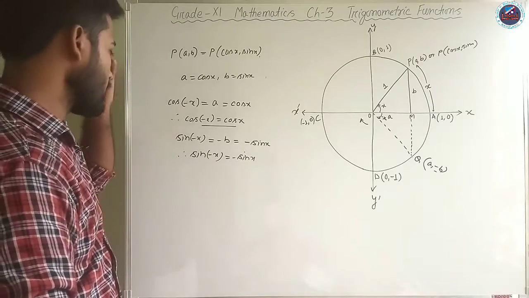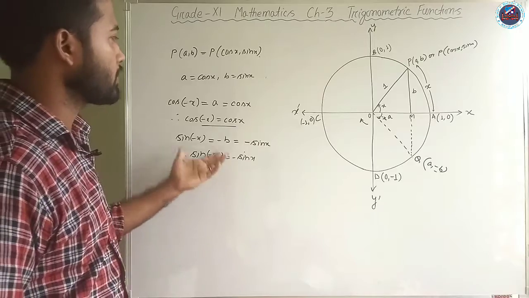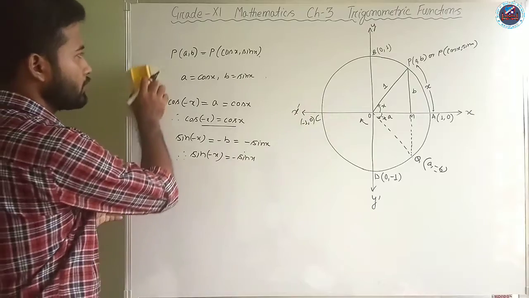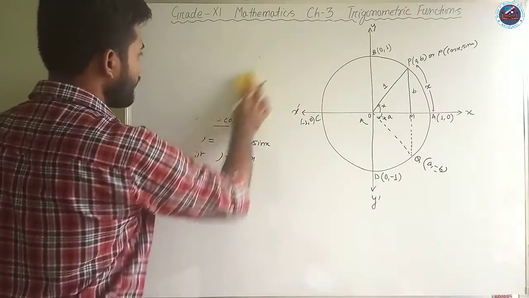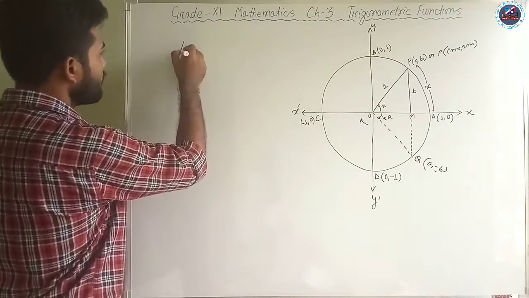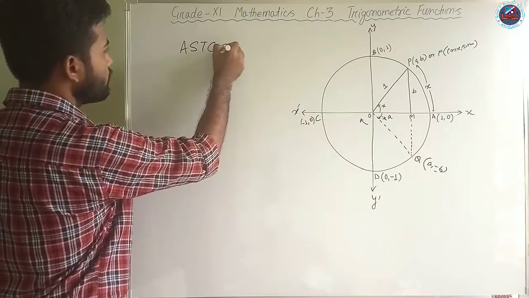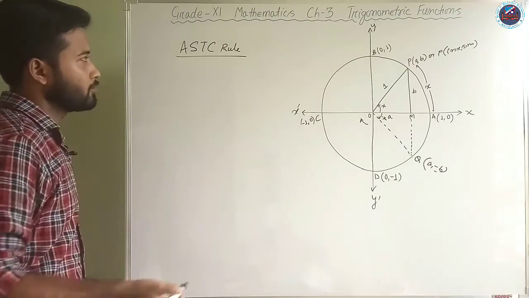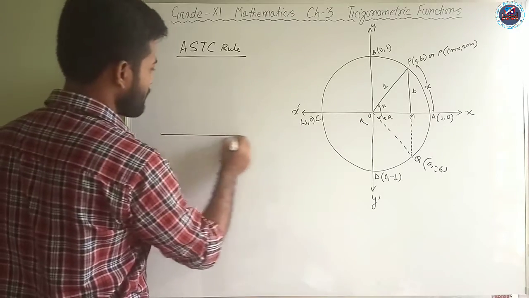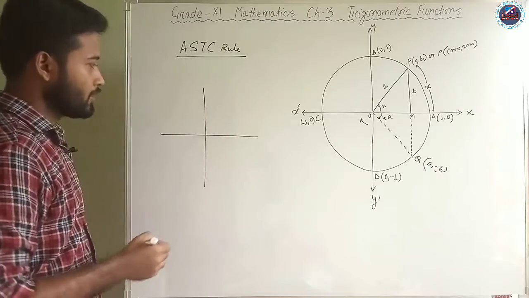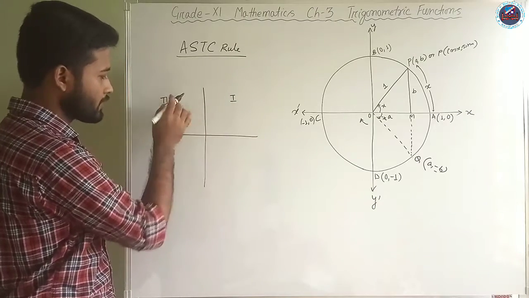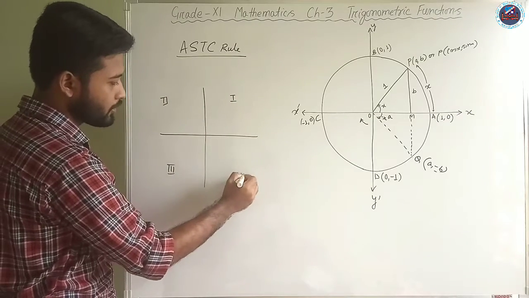Okay, so this is how we write the signs of the cos and sine function in the different coordinates using the unit circle. Now let us see a very interesting thing, that is the ASTC rule. What is that? ASTC rule. You can also write it as Assam State Transport Corporation rule, or something like all students of 10th class. So if these are the four coordinates, what is this? First quadrant, second quadrant, third quadrant, fourth quadrant.